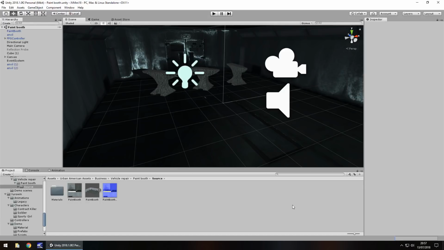Hello there, I'm Jimmy Vegas, and in this mini Unity tutorial I'm going to show you how you can highlight